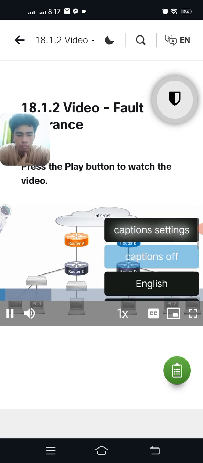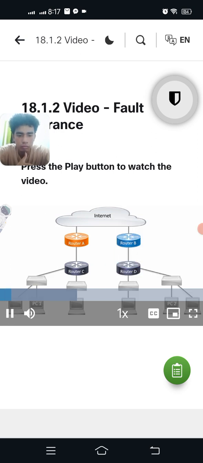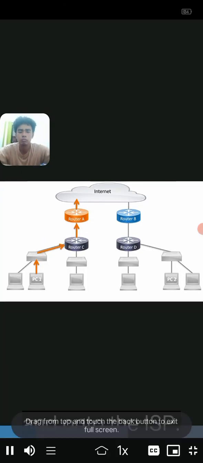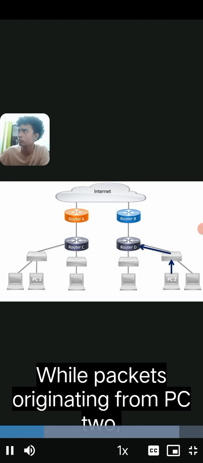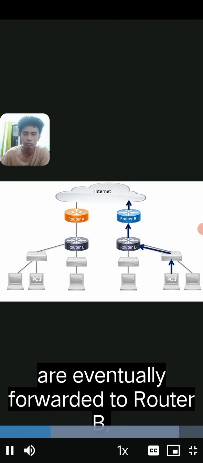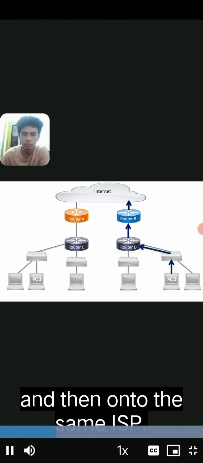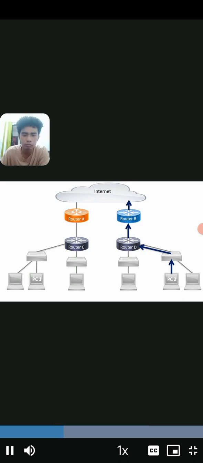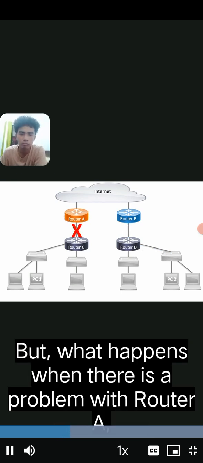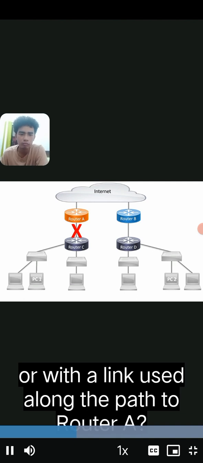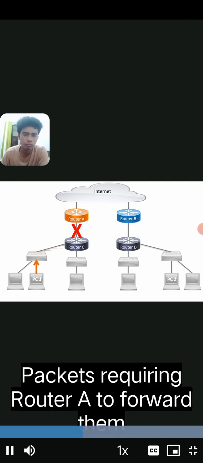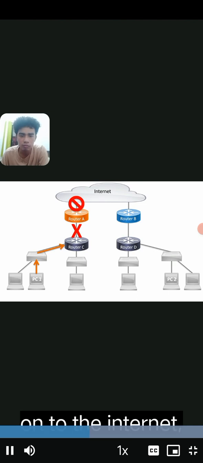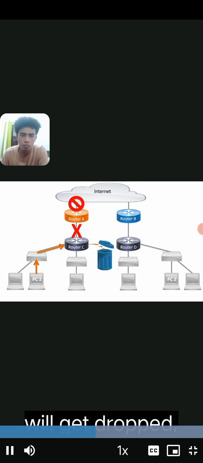In this scenario, we have two parts to our network, each one with its own path to our ISP and the Internet. Packets originating from PC1 are eventually forwarded to router A and on to the ISP, while packets originating from PC2 are eventually forwarded to router B and then on to the same ISP. But what happens when there is a problem with router A or with a link used along the path to router A? Packets requiring router A to forward them onto the Internet will get dropped and can no longer reach